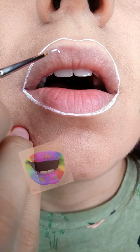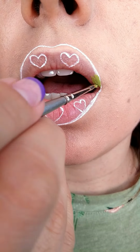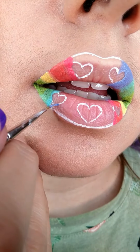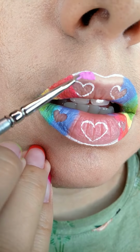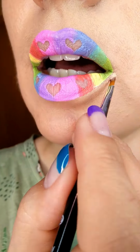Negative space hearts lips. First, sketch out the lips and the hearts with white liquid lipstick, and then start applying the colors of the rainbow one by one, blending them together and going around the hearts, but covering the white lines. Blend, blend, blend. While we're doing it, tell me what your favorite color of the rainbow is, and then